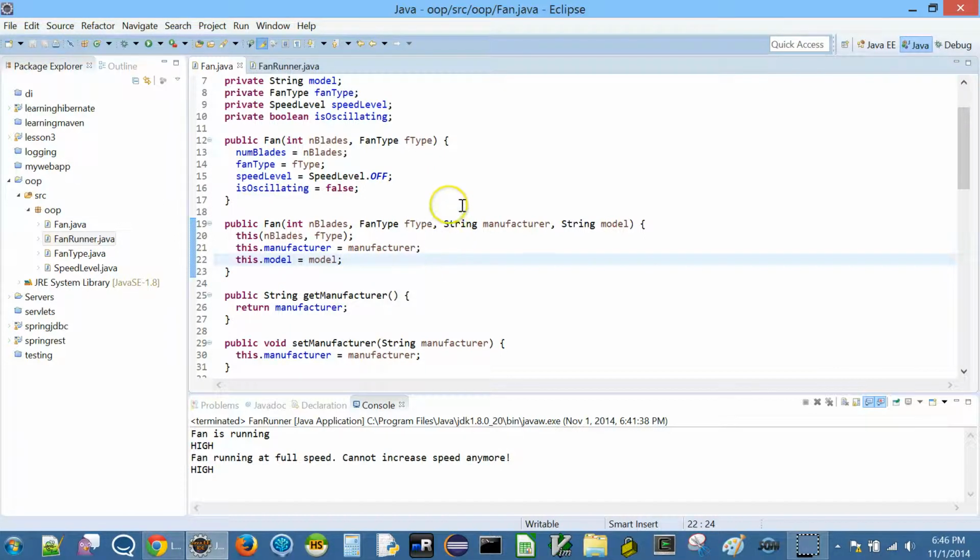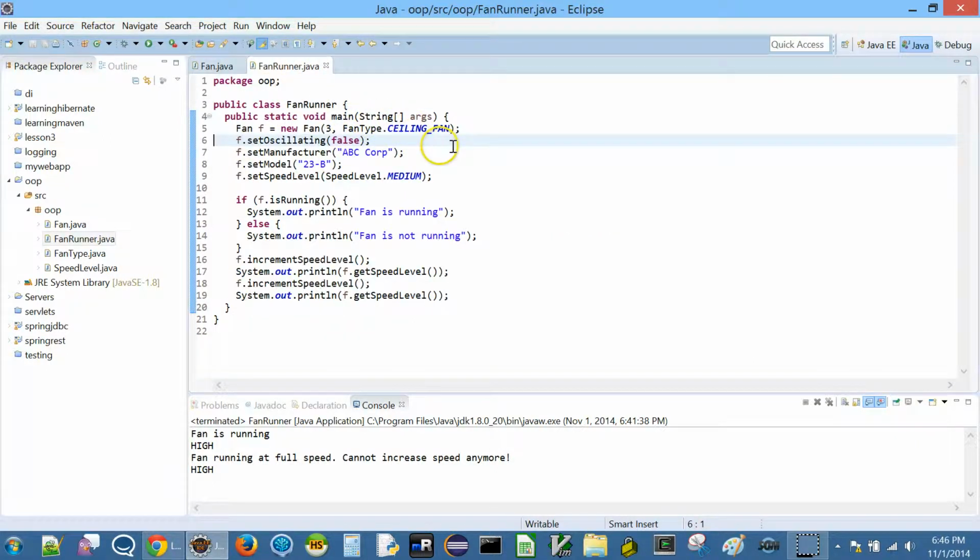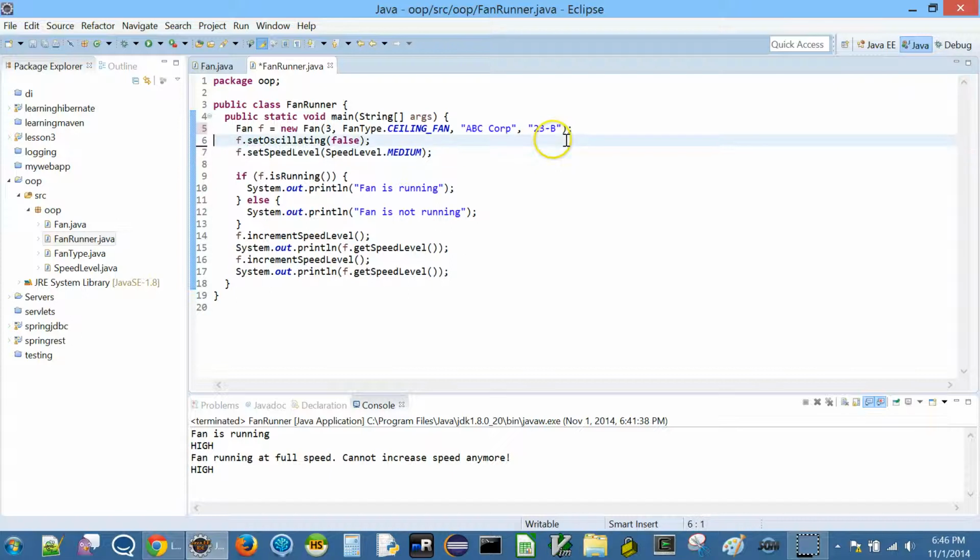Now people can either create the object with this constructor like we are doing here, or in our case, since we know the manufacturer and model, we can even take the manufacturer, put it here, and then the model and put it here. Okay, and then delete these two. We don't even need the oscillating.